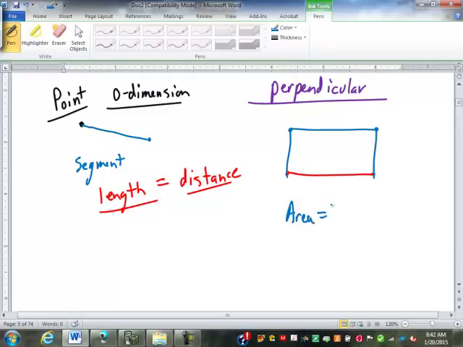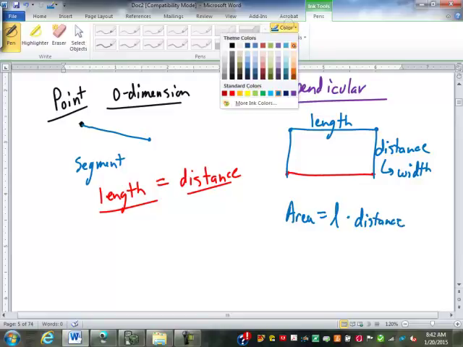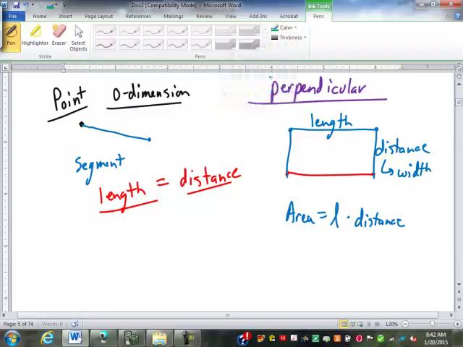That rectangle, of course, will define an area. And the size of that area depends on the original length of the line segment to begin with, and then the distance that we moved it. And that distance is often referred to as a width. So an area is a length times a distance. Rather than defining it as length times width, I keep it defined as length times distance because that's a more